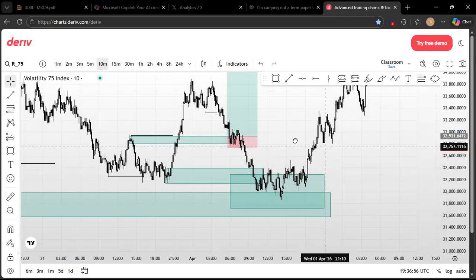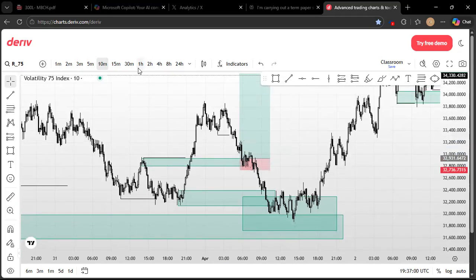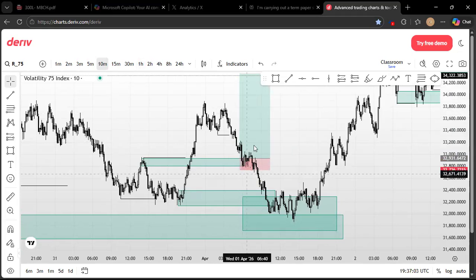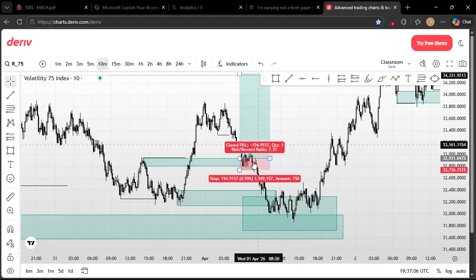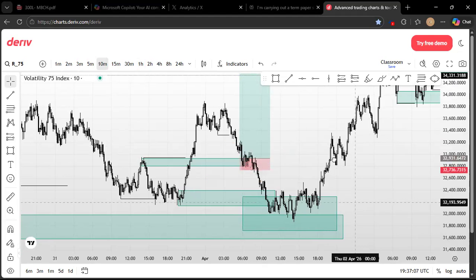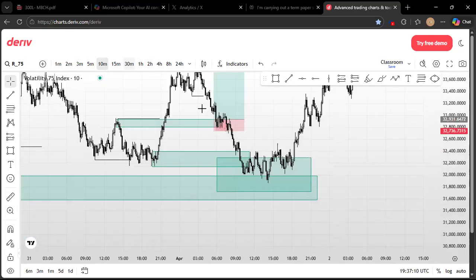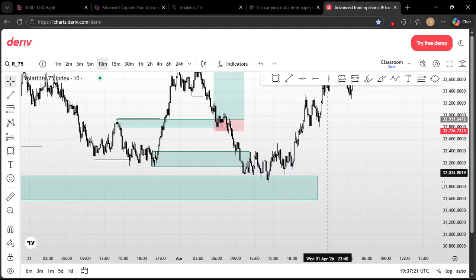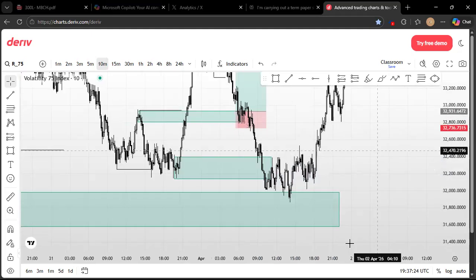Though if you were to respect your 1 hour setup, you wouldn't have actually incurred this loss here. This SL, you would have avoided it. Because if you are on your 1 hour time frame and set your pending order on that 1 hour time frame, this will be your entry and price would tag you in beautifully and just move to your direction. So if we are to enter from this point here,